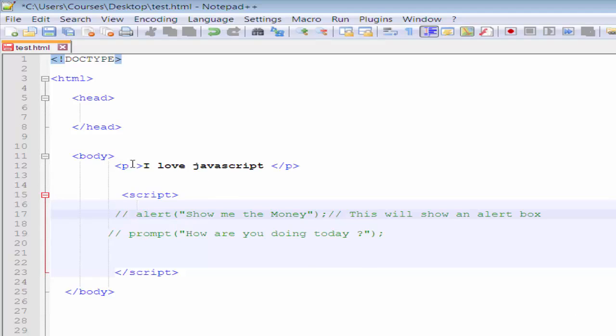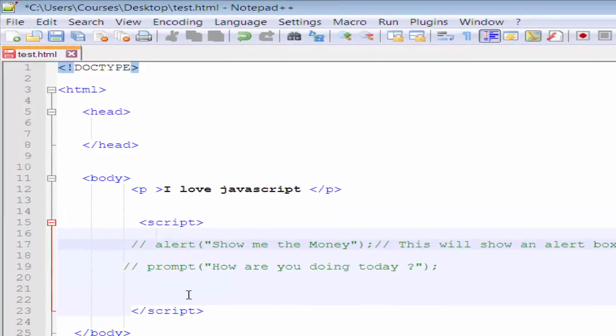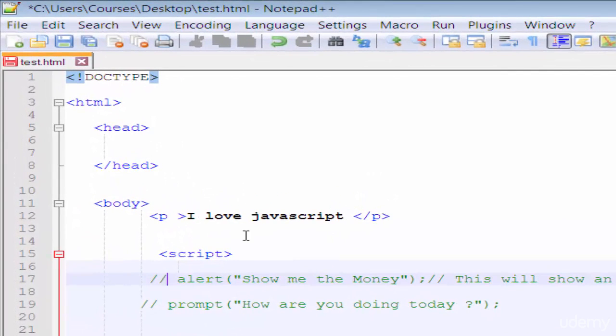Right, so before you can change the content of a web page, either through HTML or CSS, JavaScript uses the ID of that element to make the change. So we need to give this paragraph element an ID. And the way you do that, inside the opening paragraph tag, you just specify